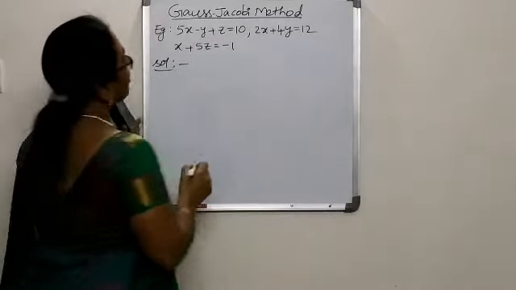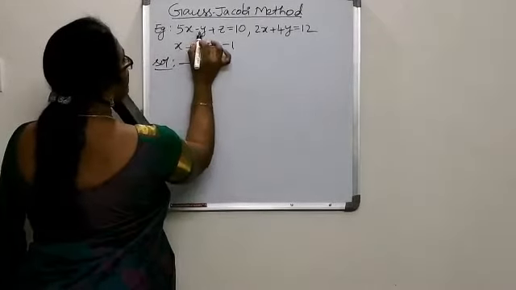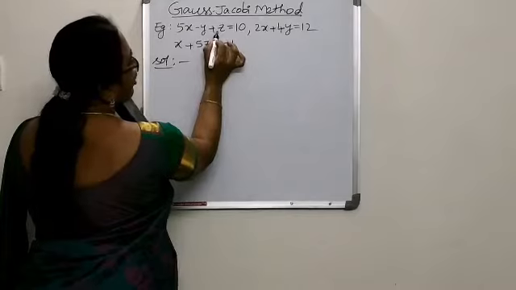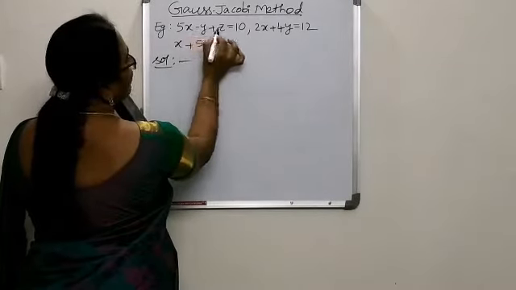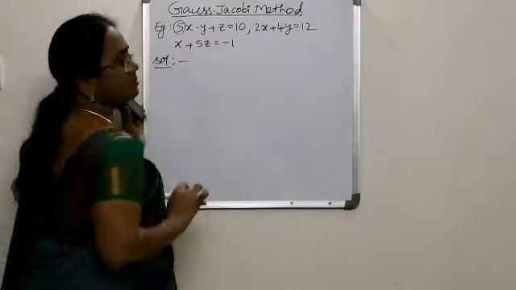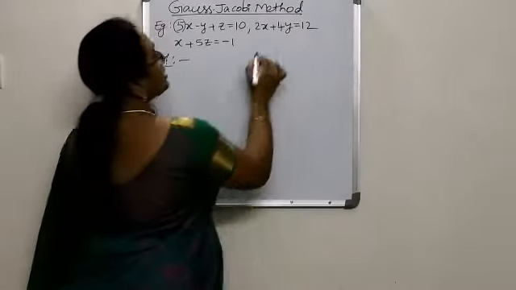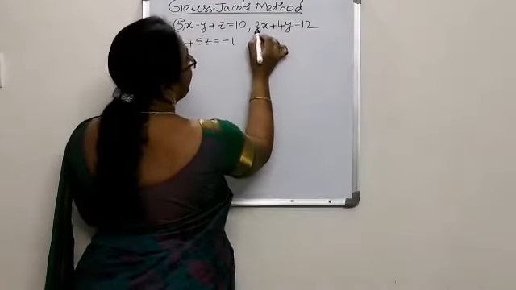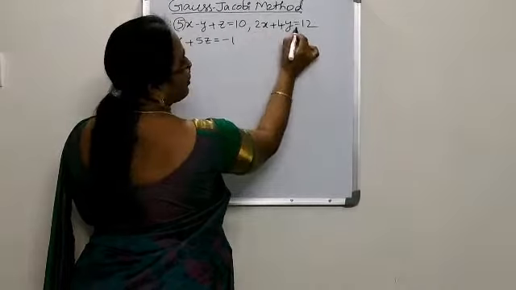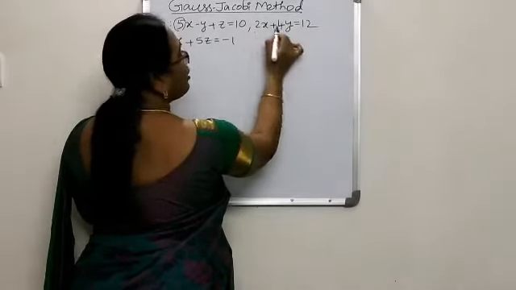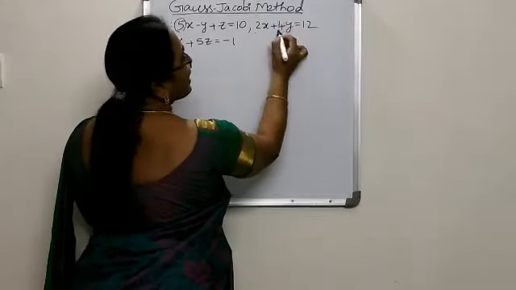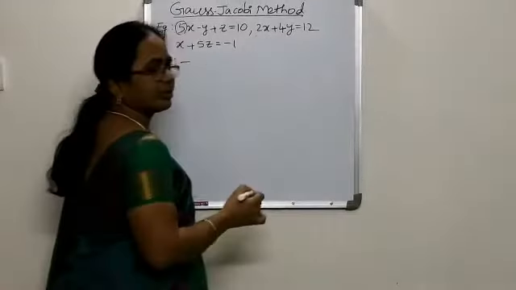Consider the first equation. The coefficients are 5, minus 1, plus 1. Corresponding absolute values are 5, 1, 1. The first diagonal value is maximum in the first equation. Similarly, in the second equation, we have coefficients 2, 4, 0. Absolute values are again 2, 4, 0, where the second diagonal is maximum in the second equation.